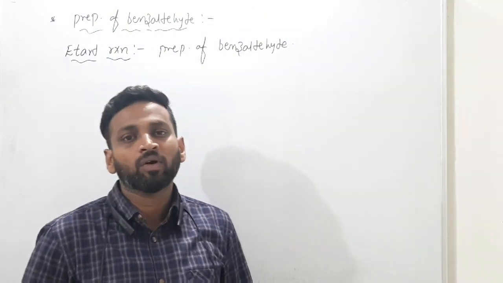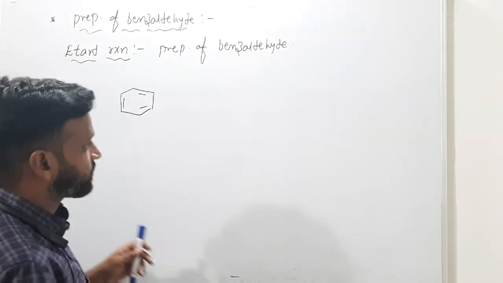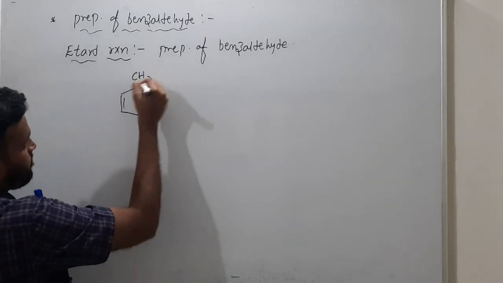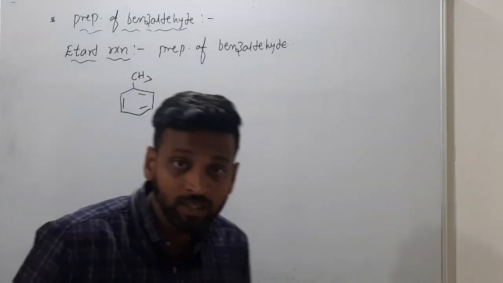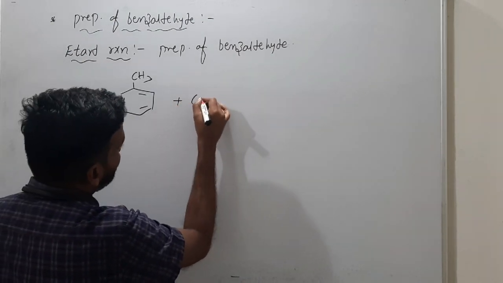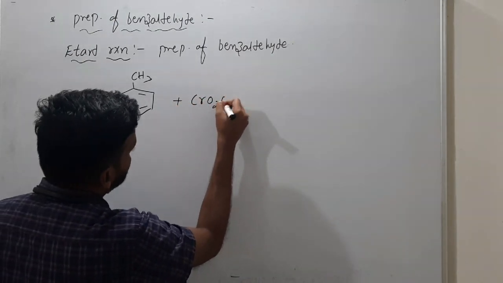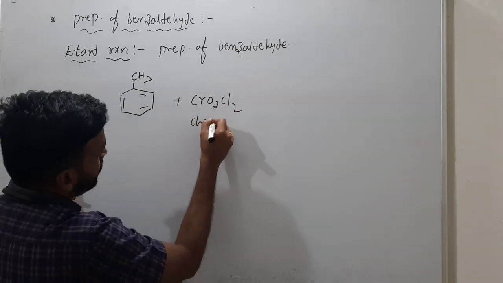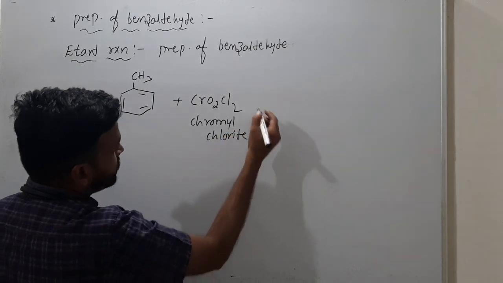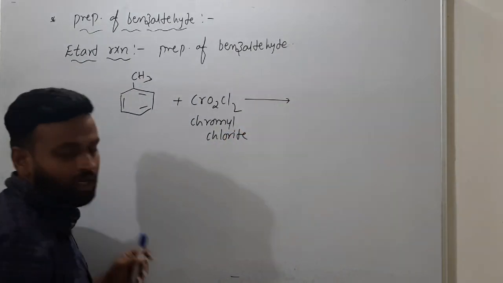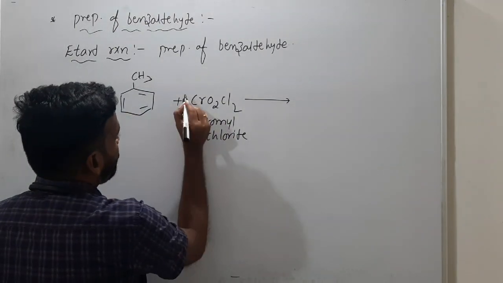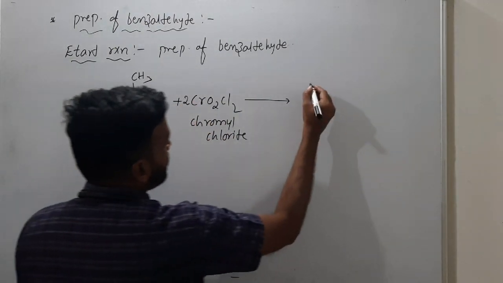These are the most important things in organic chemistry. So here in the Etard reaction, the starting material is toluene. Starting material is who? Toluene. Toluene, when it reacts with chromyl chloride, CrO2Cl2, forms a chromium complex. What does it form? A chromium complex. Actually, 2 moles here we will take.